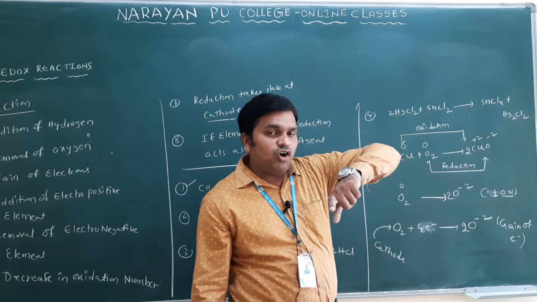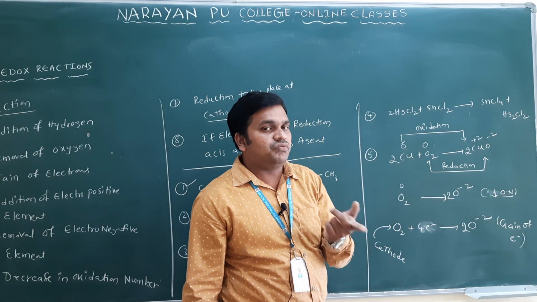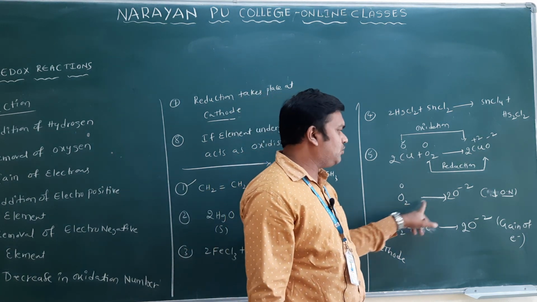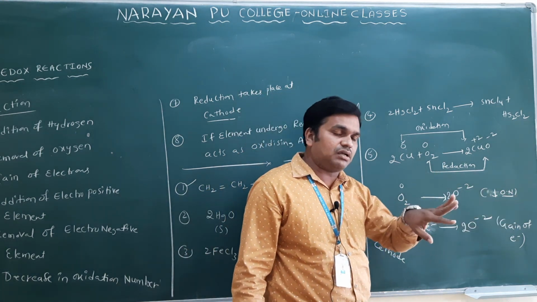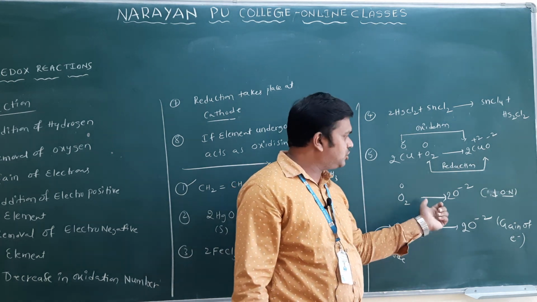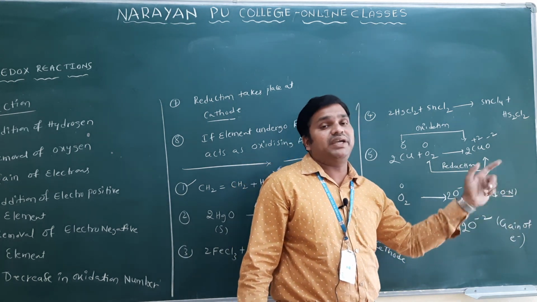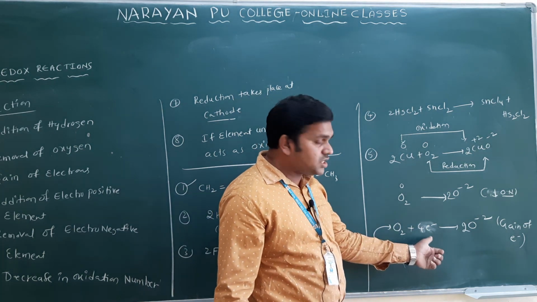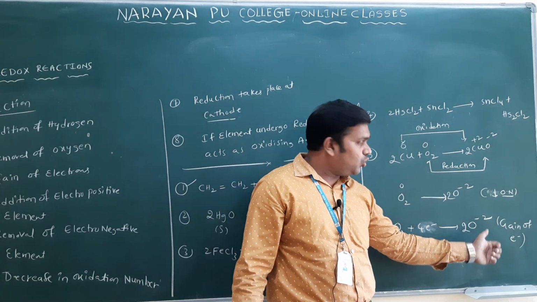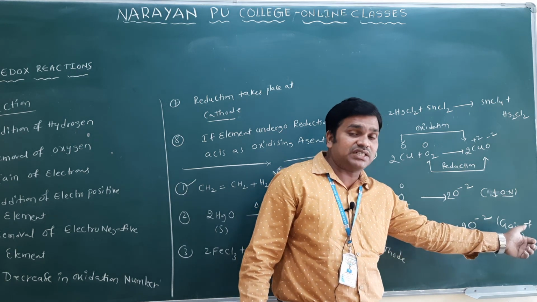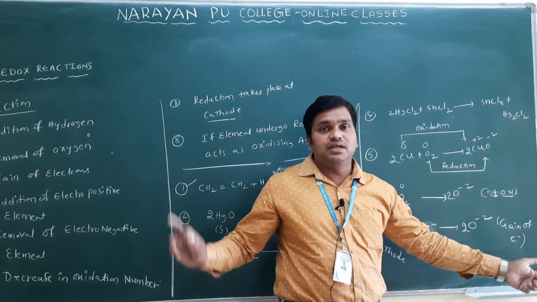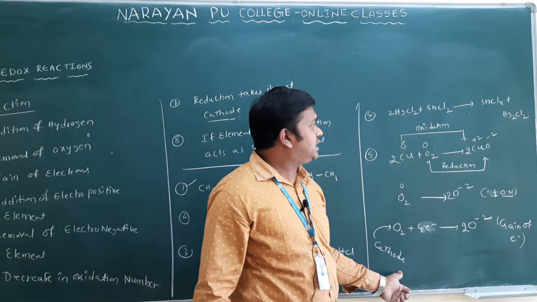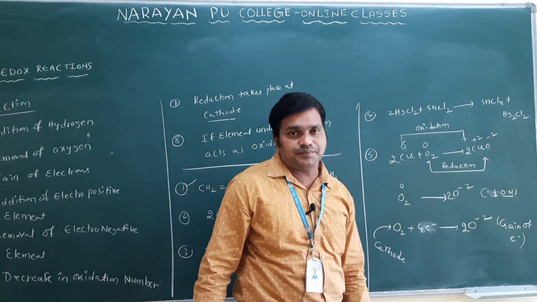For one oxygen, 2 electrons are gained. For 2 oxygen, 4 electrons. Suppose I write O converts into O minus 2, that is 2 electrons, but if I take O2 converting into 2O minus 2, it is by gain of 4 electrons only. So O2 gains 4 electrons and converts into O minus 2. That is gain of electrons, which we call reduction only. Reduction generally takes place at the cathode. So this is regarding reduction only.